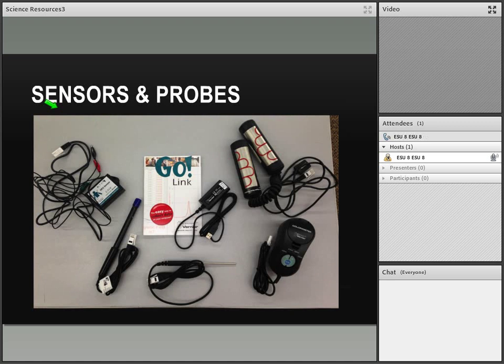All right, sensors and probes. This is geared more towards your 7 to 12 students. We have lots of these sensors, and each kit has the software that goes with it. It's pretty easy to install. You just put the CD in and it will download the software. Then you plug this USB into your computer, and this is where the actual probe or sensor is plugged in. And then it allows you to collect the data, graph the data, and manipulate the data with